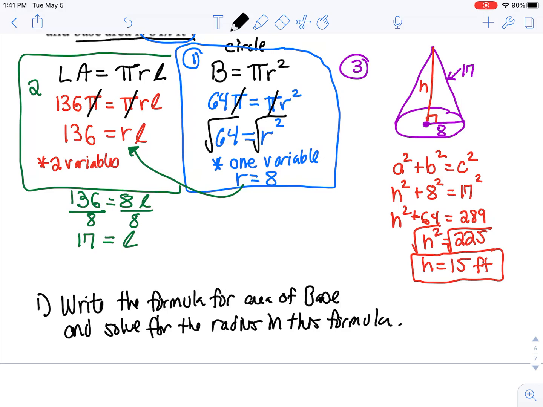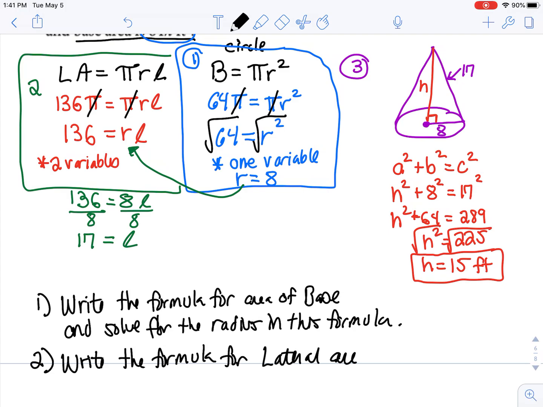Remember when you're describing your steps, make sure you're describing which formula you're using, what are you solving for in this formula. Step 2, we then wrote the formula